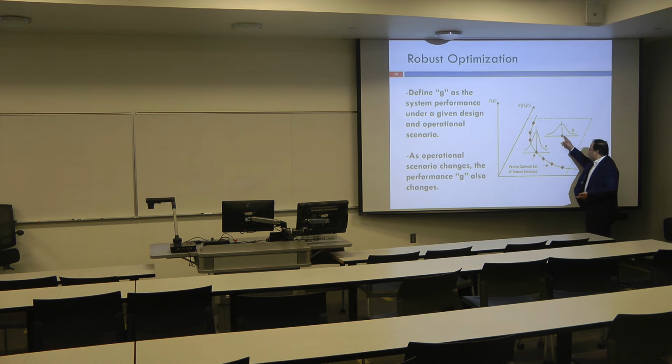Here I'm showing I have two designs, scheme A and scheme B. If you compare these two schemes, so now I have a scheme A here, and then these operational scenarios will change. Could it be changing from time to time, right? So the operational scenario will change, the performance of the system will change. So you will get a distribution for the performance. Same thing, if you have another design B, another scheme that you are trying to come up with, the same situation will happen here. You have different operational scenarios, they come with different probabilities, so at the end you get a distribution for the system performance.